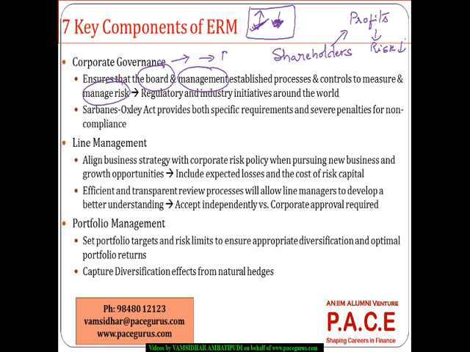There are so many regulations that have come out in the recent decade or two. Out of them, SOX, the Sarbanes-Oxley Act, is primarily looking at bringing accountability to the financial accounting information by the senior level managers themselves. And if any of those things are violated, it comes with severe penalties for non-compliance. So if a company needs to have a good ERM in place, the corporate governance policies need to be very sophisticated for that particular purpose. Then the next